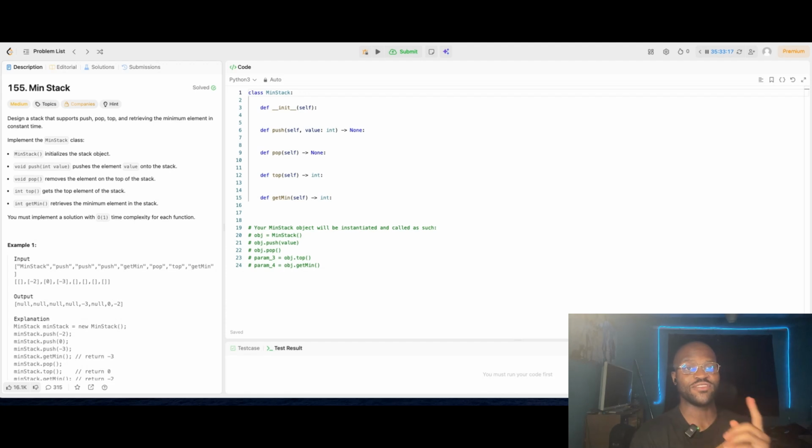I'm going to do problem 155, minimum stack. So if you know how to use a stack data structure, it shouldn't be too tricky. But if you don't, I can see how that'd be a little bit of a stumbling block. Really, you have to just think about the operations that a stack would be